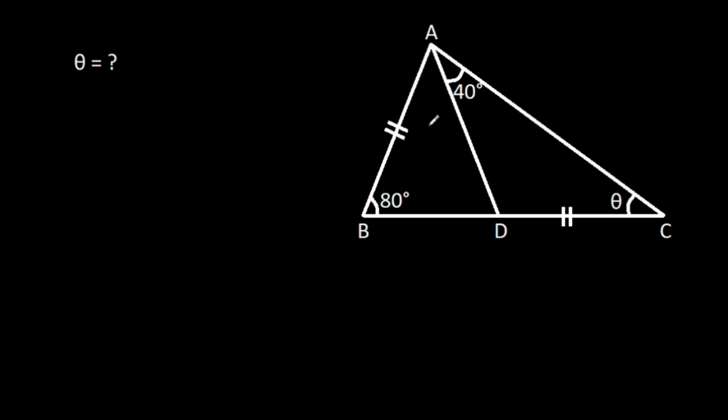In this video, we have been given that AB is equal to CD and angle ABC is 80 degrees. Angle CAD is 40 degrees and angle ACB is theta. Then we have to find theta. So the first method,